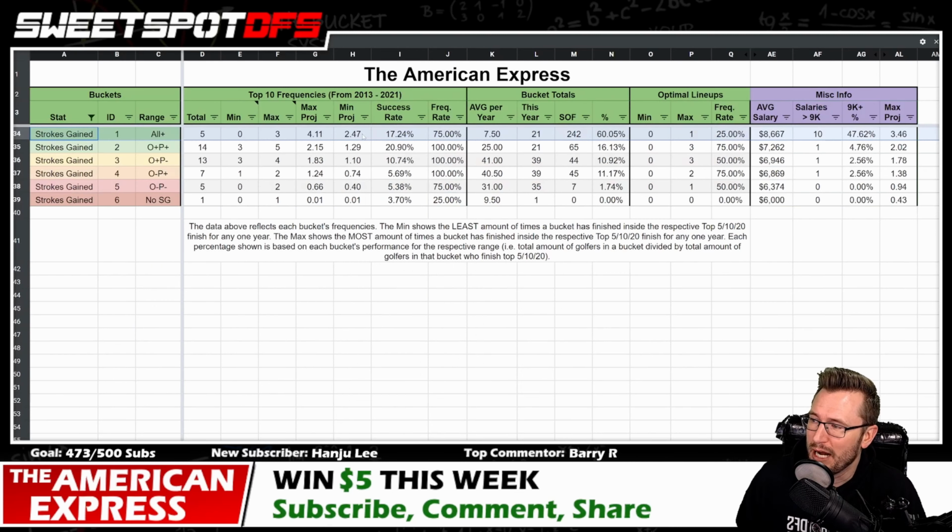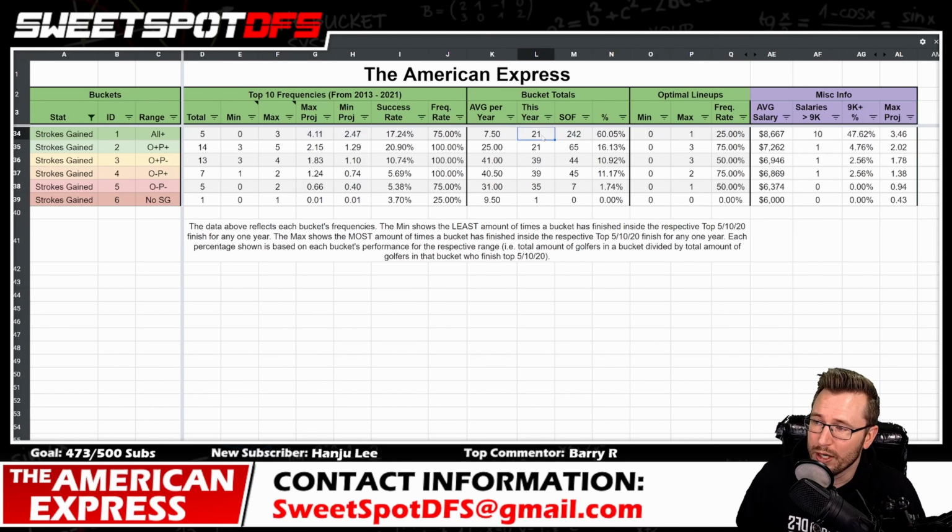Strokes gain 1 bucket, by far the best bucket to choose from. It has the best golfers in here. We have 21 golfers in this bucket this year. We usually see 7.5, which is pretty remarkable. It means they're, and by the way, I haven't seen this great of a field here